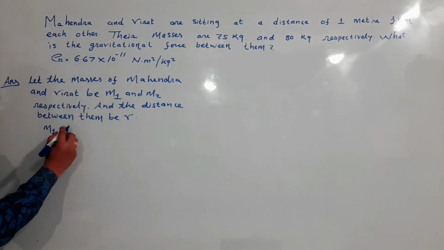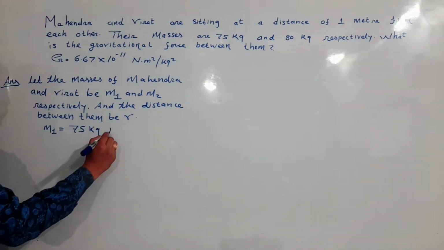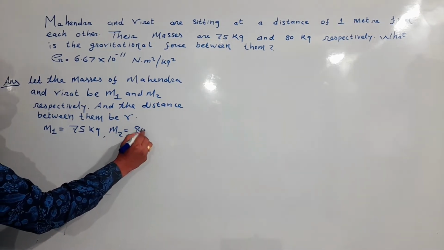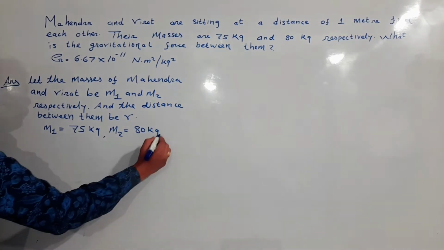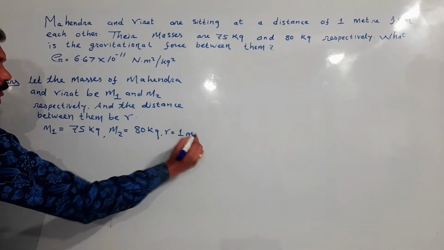M1 is equal to 75 kg, M2 is equal to 80 kg, R is equal to 1 meter,